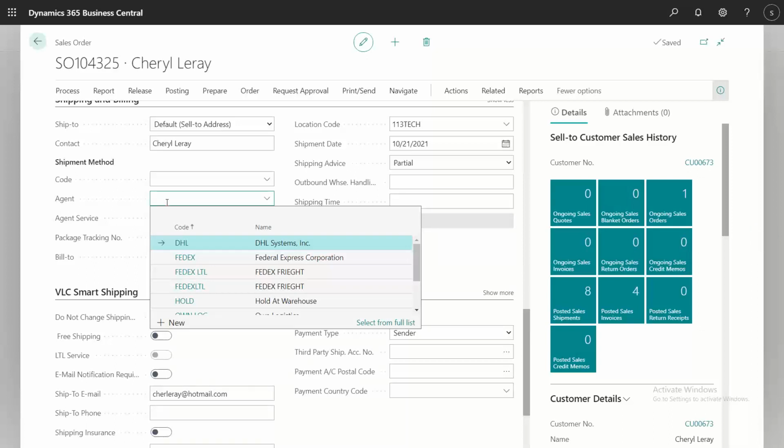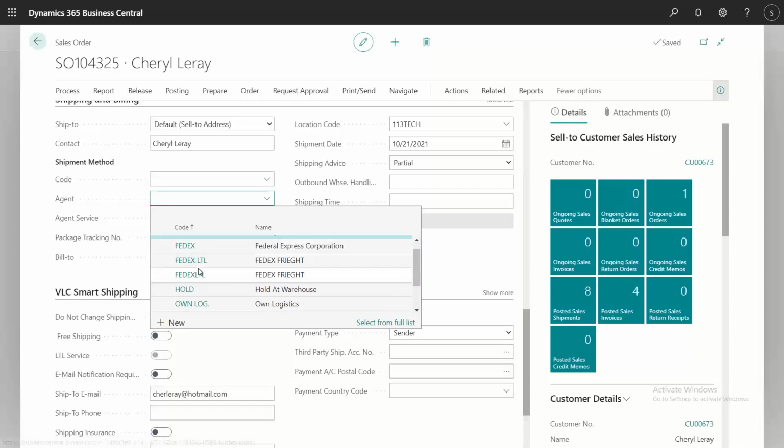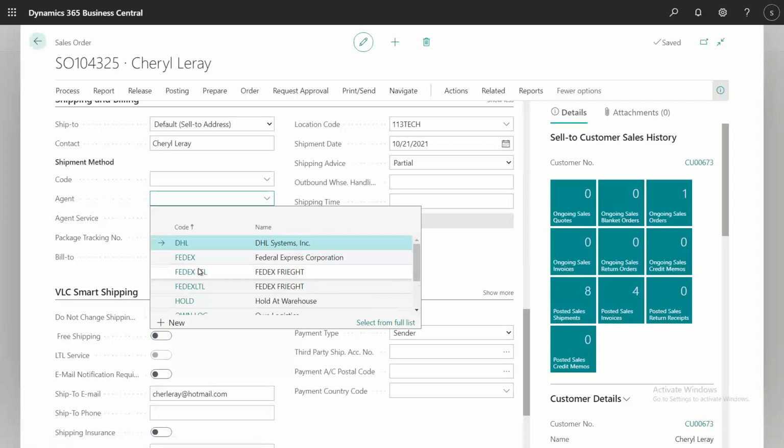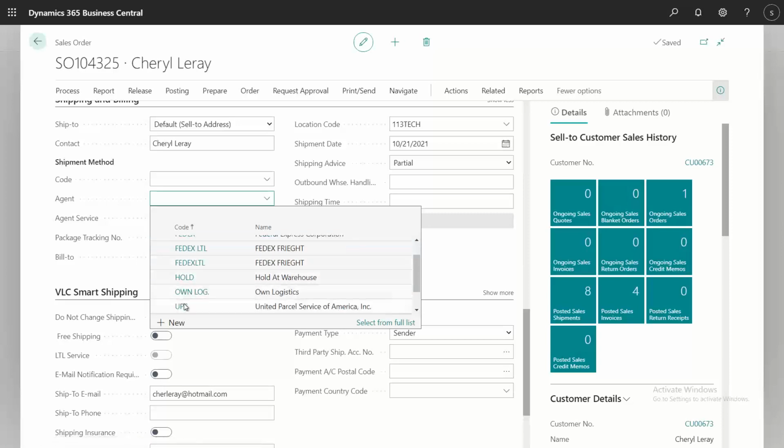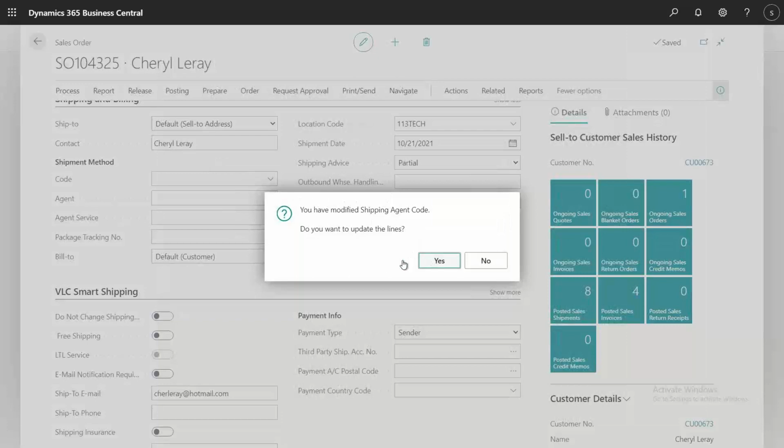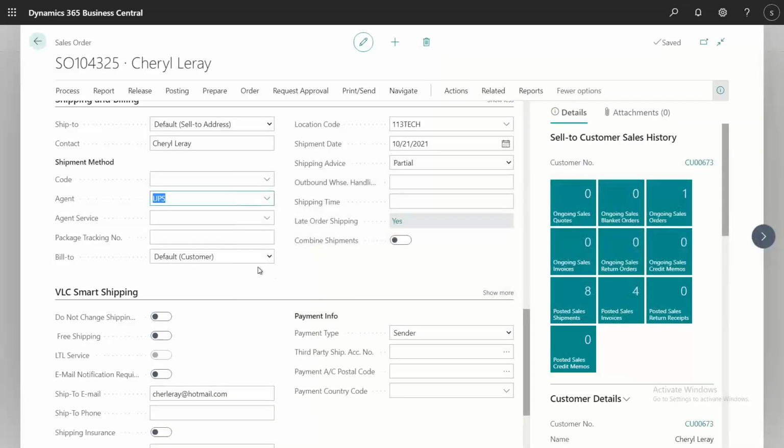Is this something that we would have to select, or can we map it to autofill that? Which are you talking about, carrier or bin? The agent code.